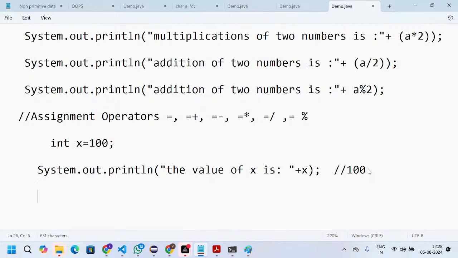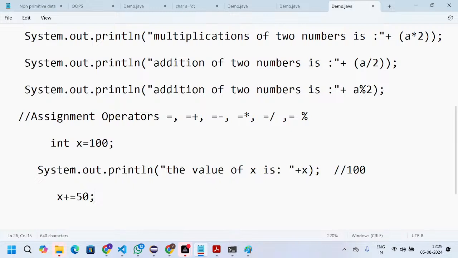Now, I need to assign the value. So my parents gave me money on Monday, and on Tuesday my parents gave 100 rupees to me. I need to store the same value in my variable. So can I add x plus? How to mention x plus? Because we are adding the value to the same variable. How much amount am I adding? 100. So x plus equals means x is already holding the value, and again we are storing 100, or any value, let's take 50.